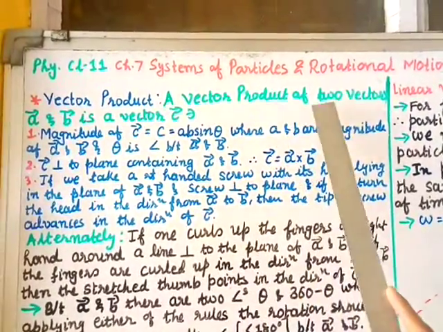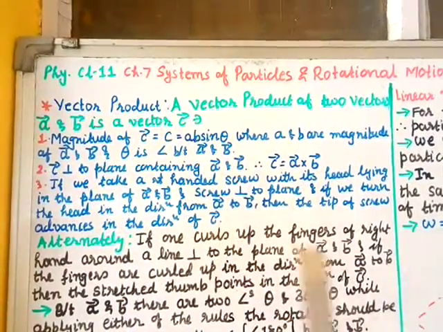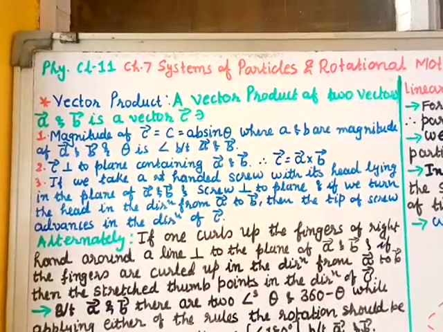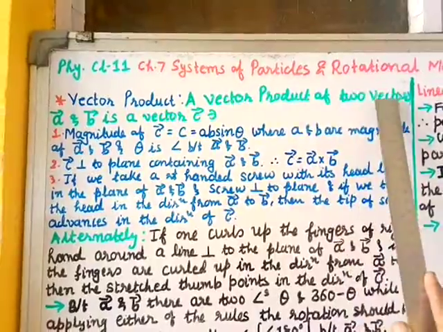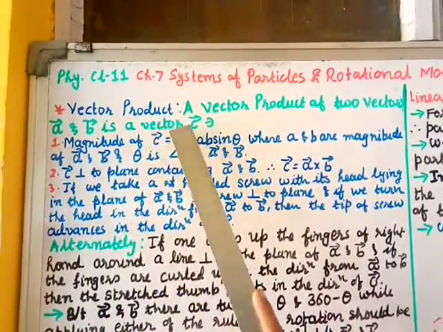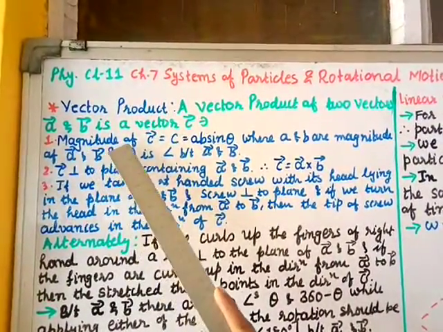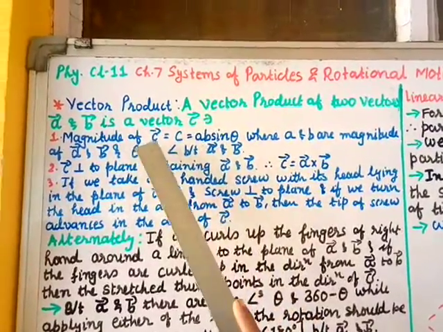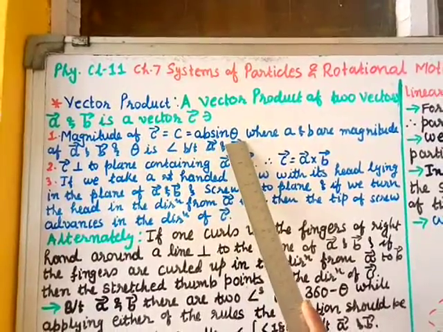A vector product of two vectors, vector A and B, is a vector C such that, when we do vector product of two vectors, the resultant also is a vector. So when we are doing the vector product of two vectors A and B, there is another vector C. The product of these two will be given as a vector C with the conditions: number one, magnitude of vector C equal to AB sine theta. So this is the definition, that magnitude of vector C will be given as AB sine theta,